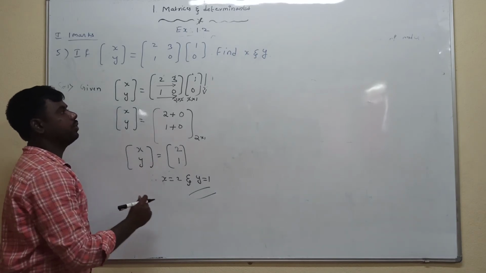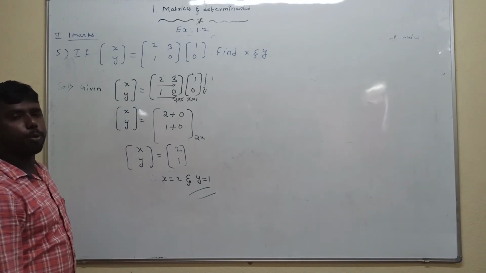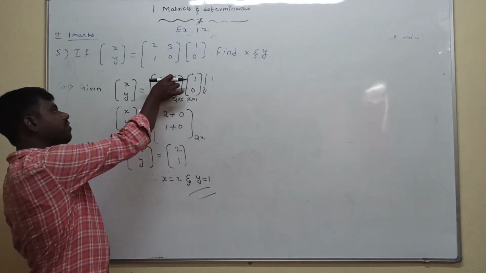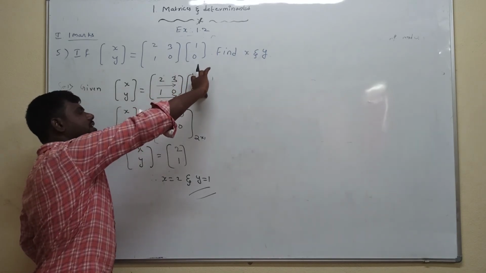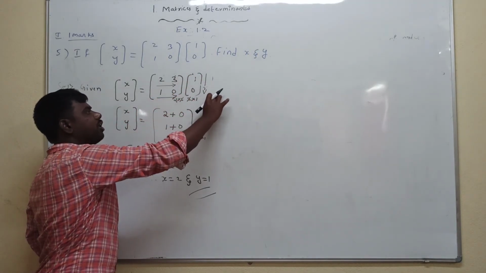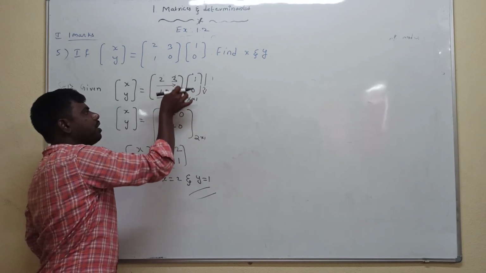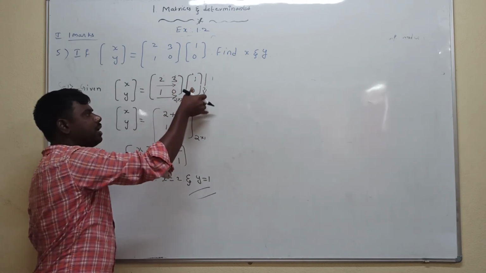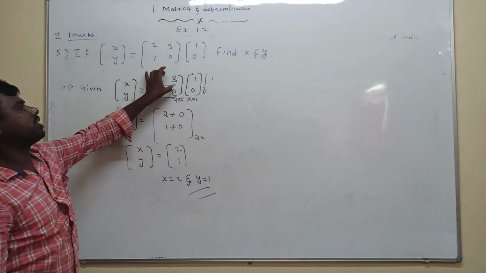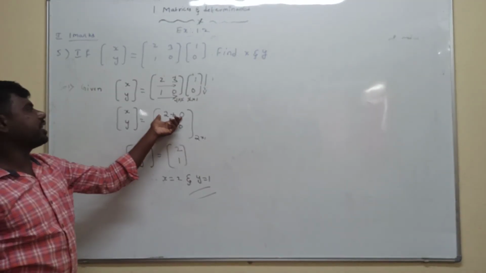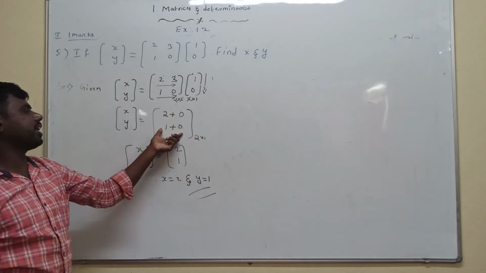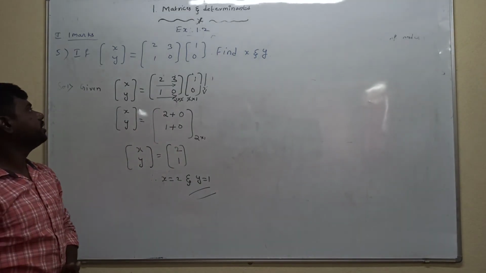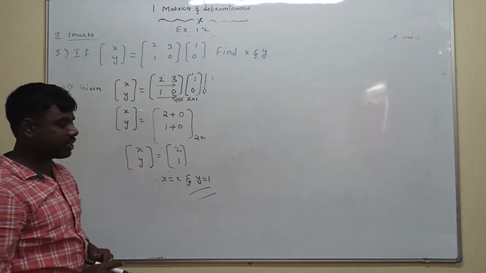So like that we can do. Very easy. Product of the first row in the first matrix with the first column in the second. Suppose one more column were there: first row first column is written here, first row second column is written here. But here only one column is there. That's why I am multiplying first row with first column. Next, second row with first column is written in the second row, first column. This is the process for the product of two matrices.